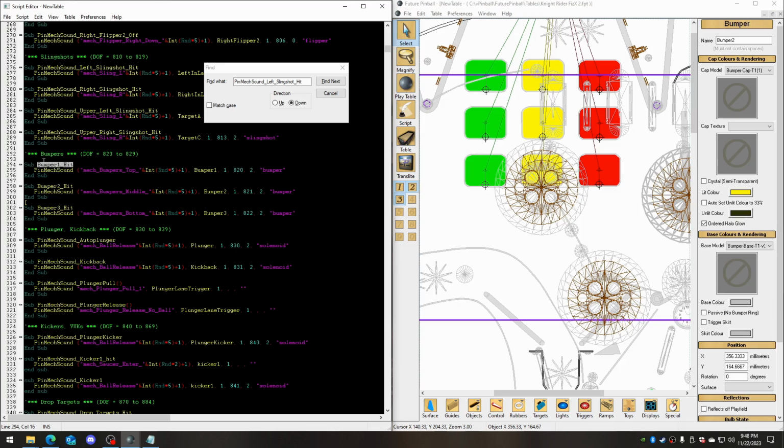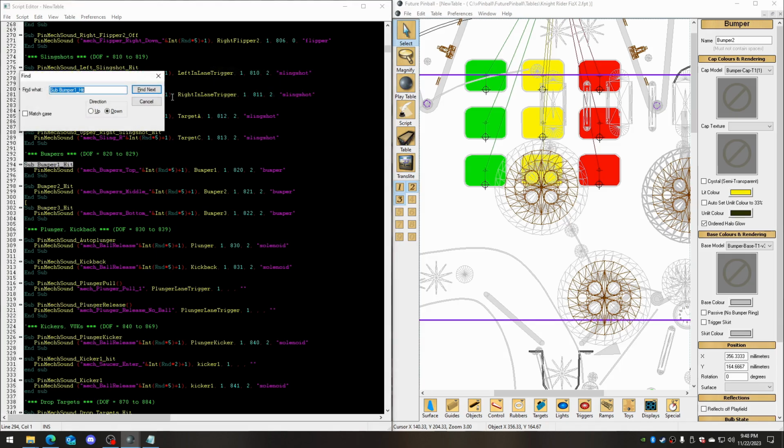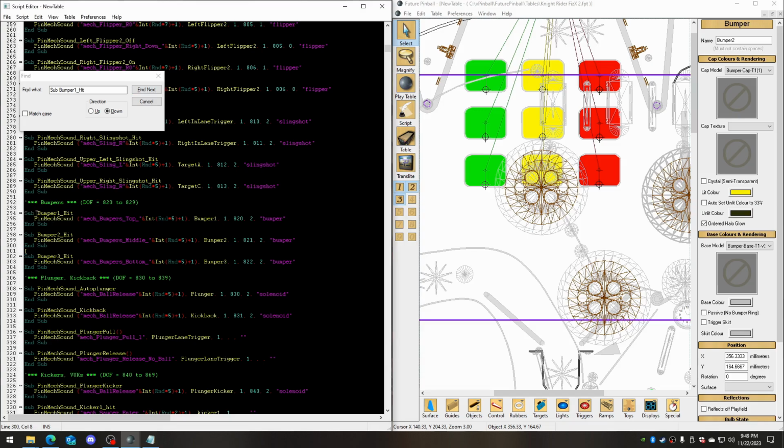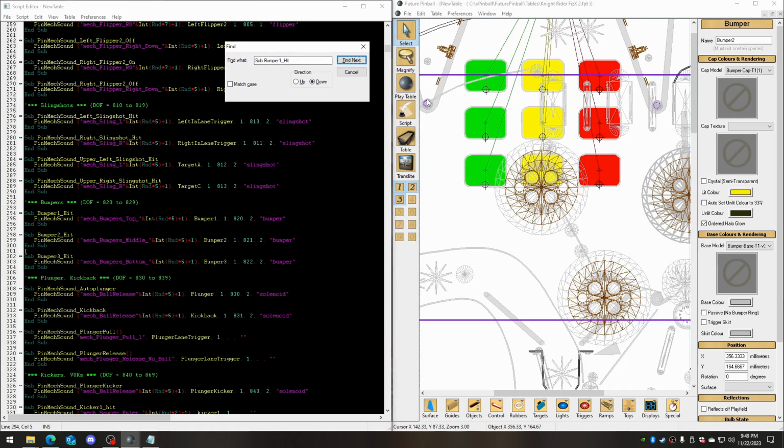So we have to double check because there's more than one bumper hit sub here, right? And that's probably because the example table didn't have. Ah, see, this is a good example. You have to pay attention. So I might have to change that in the PinMechSound or the example table there. All right, so